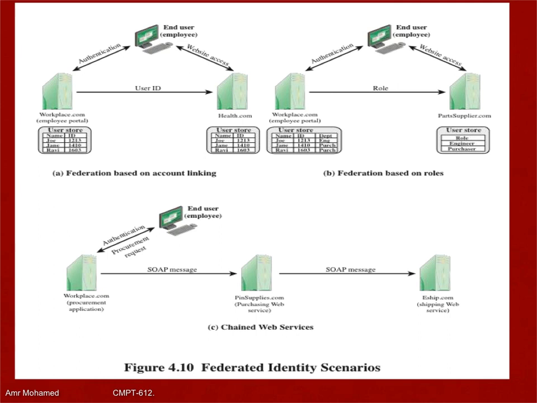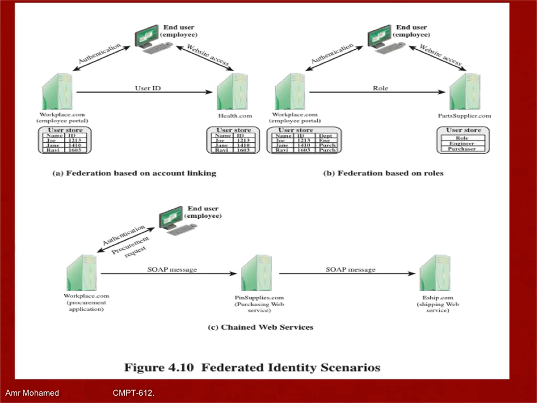By doing this, all our identity information will be exchanged between our system and the Google identity management system. So based on this linking, your identity information will be exchanged with the external system. So this is the straightforward